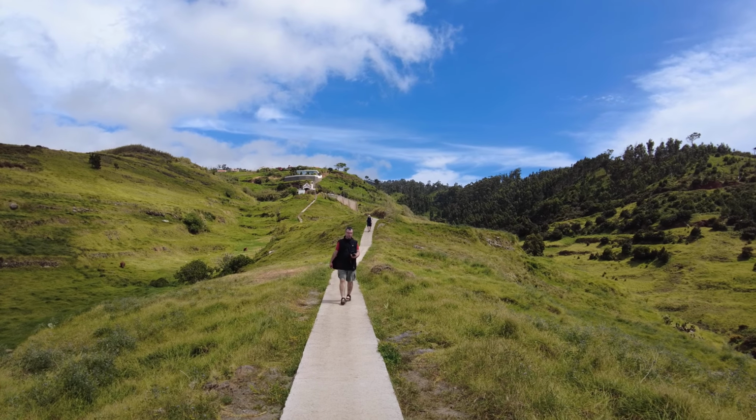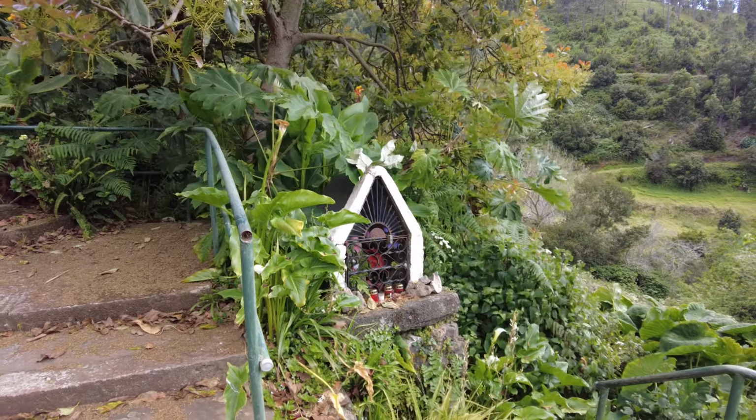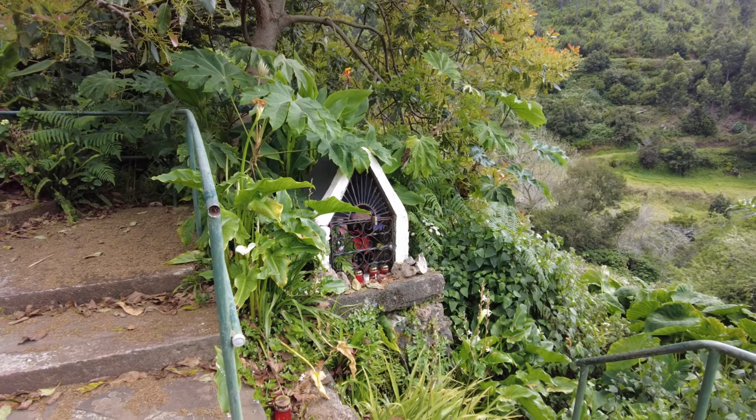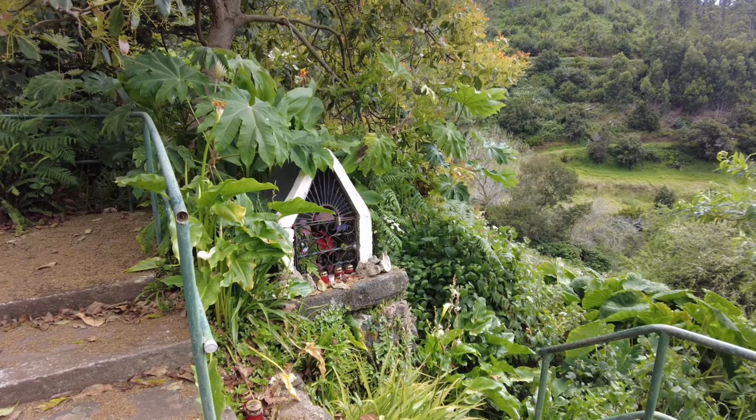And here's the obligatory view looking back from whence I came. And as you're coming up the steps from Miradouro de Morte, and as you're coming up the steps to the right of Miradouro de Morte,